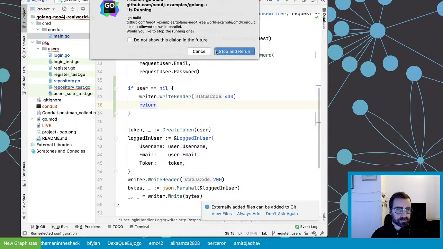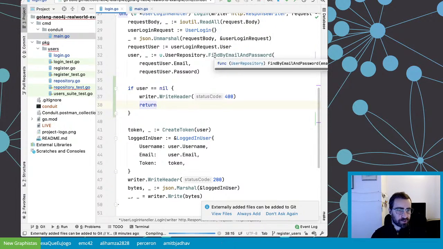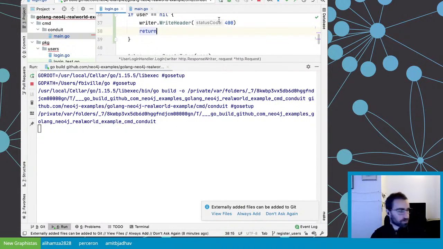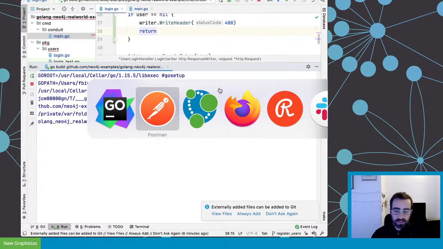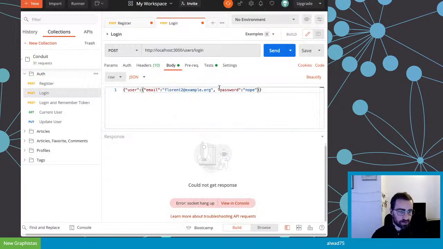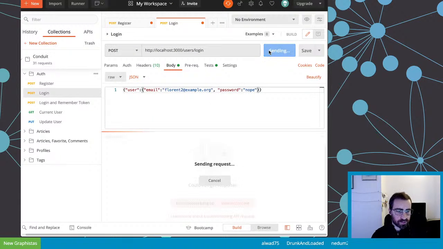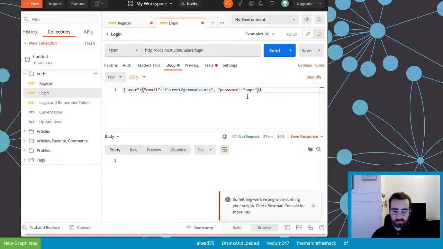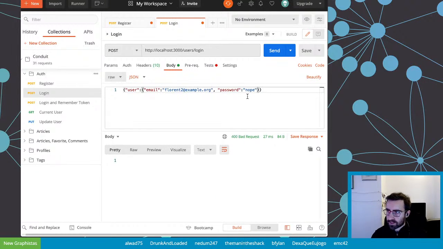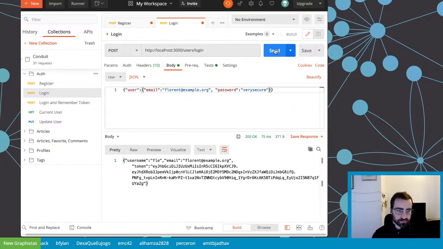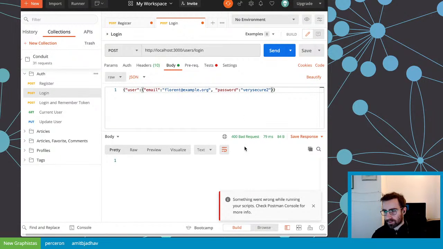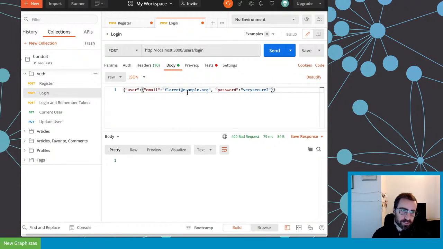So let's restart. Stop and rerun. Yes, thank you. We'll see about the proper HTTP code later. At least I don't want the application to blow up just because the login attempt fails. And let's resend this. Yeah, bad request. Okay. Maybe not the right code. I cannot think straight at the moment, but hopefully that's enough. And if I try again, very secure, hopefully it still works. Yeah, and with a wrong password. Okay, bad request. All right. We'll refine it later.